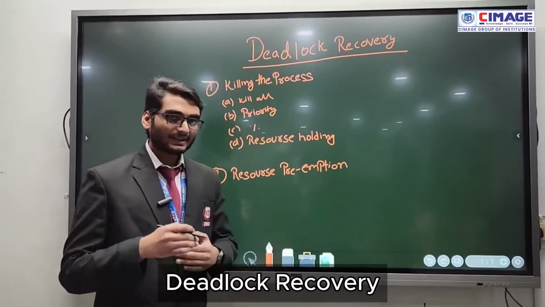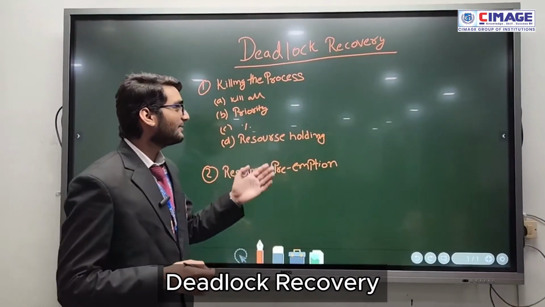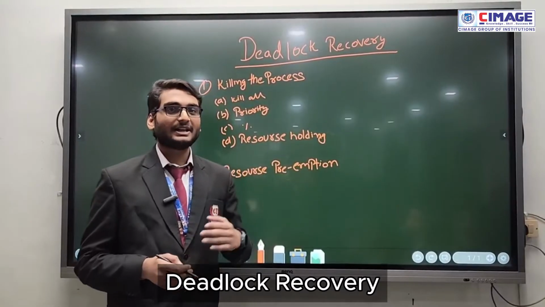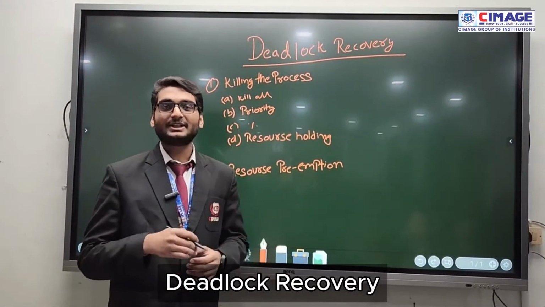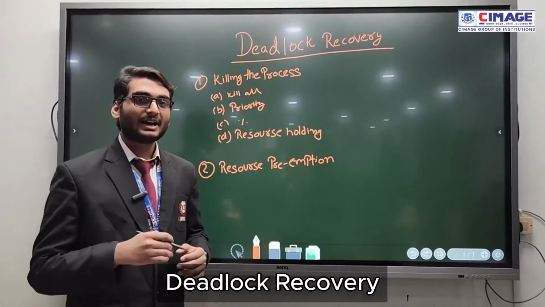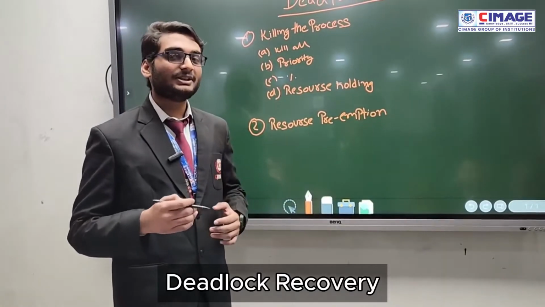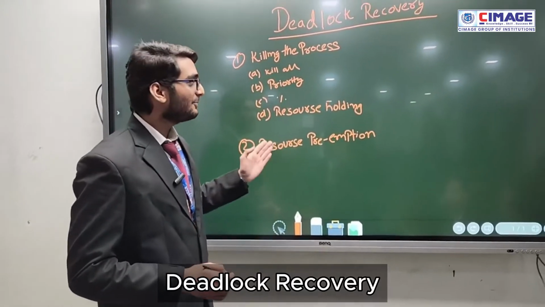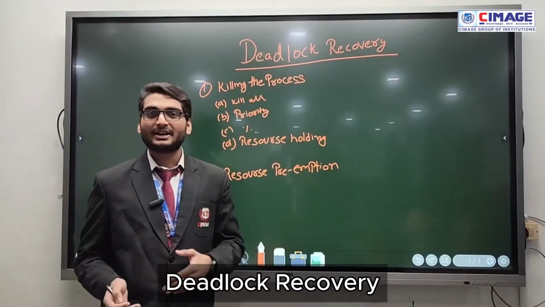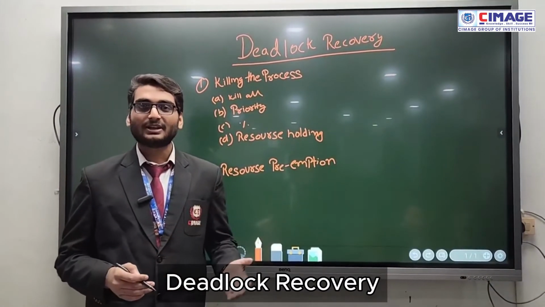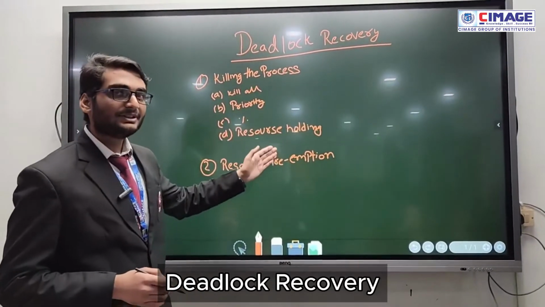The fourth is resource holding. After these three, this is another way of recovery from deadlock. We have to check how many resources a process is holding. If they are holding a large amount of resources, and because of that process the deadlock occurs in our system, we have to kill that process, so that all the resources are freed and allocated to other processes to execute them. In this method we can recover our system from the deadlock.